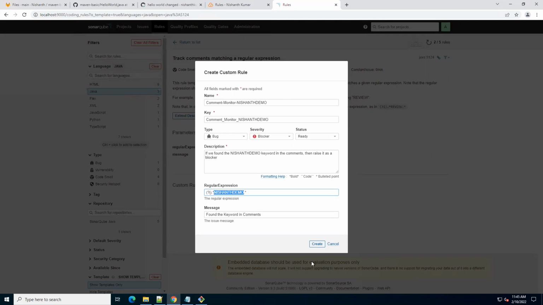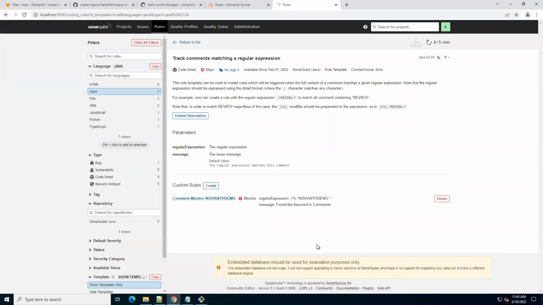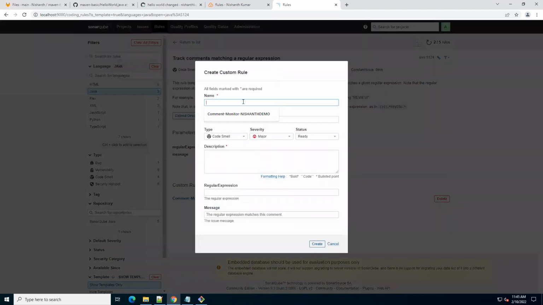Okay. Click on create. So now what is happening? Comments monitor. We have just created a rule. Now, this rule is applicable to which quality profile? And I will also create one more rule, like